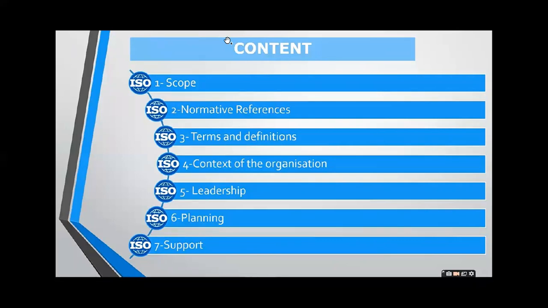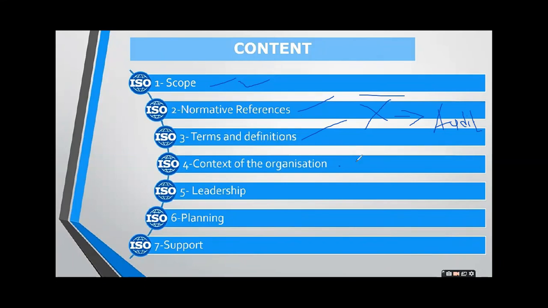Okay, I guess, see, these three in every standard: scope, normative references, and terms and definitions are not part of the audit. Keep this in mind always, that the audit will not be done on these three parts, or steps, or principles, as you can name it, because they usually are not auditable. So we don't really study them, because if you are going to an industry for an audit, you will directly